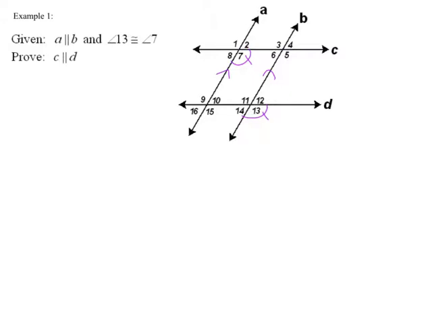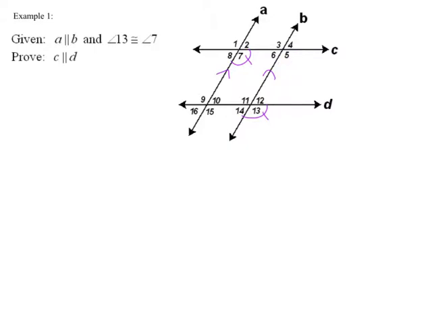The way that's popping out to me is I notice that angle 7 has to be congruent to angle 5 because they're corresponding angles and I have lines that are parallel. And then I notice that angle 5 and angle 13 are corresponding angles. They're congruent. Once I know that, I'll be able to prove that line C is parallel to D because the only time corresponding angles are congruent is when lines are parallel. Another way to do it,